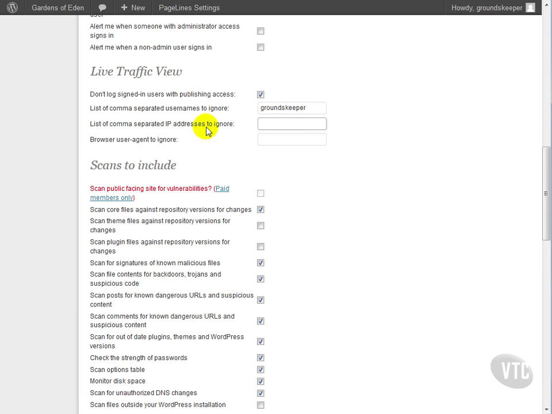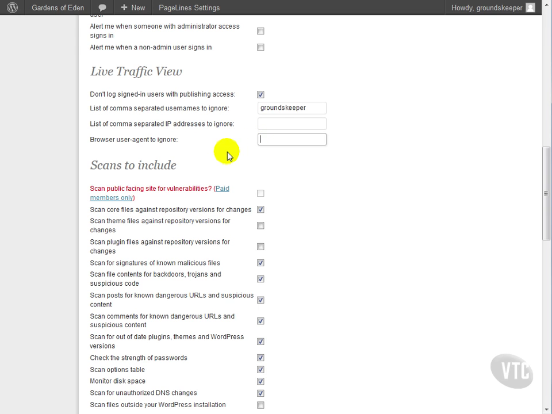Ideally, you would do the IP address above your username, but since we're just going to do the username here, we will skip the IP address. You could ignore certain browsers, you could ignore certain scripts, and that would be useful for anyone programming a script that may interact with a custom